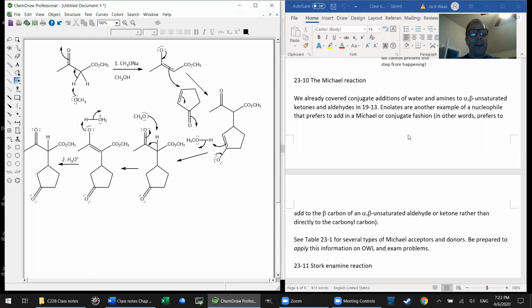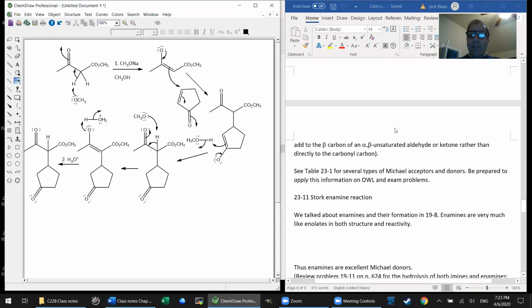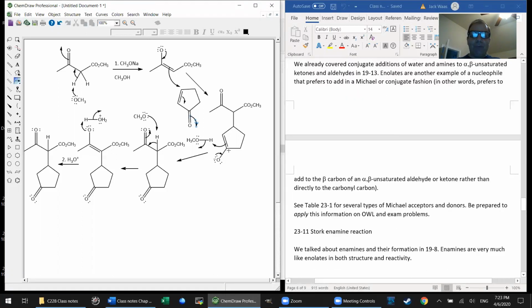We said even at the time that enolates were an example of a nucleophile that prefers to add in a conjugate fashion, even though at the time we didn't exactly know what an enolate was, except maybe by analogy. But I wanted to refresh your memory on conjugate additions and also give you an example of such a reaction. And it's only an example. I just picked a couple of compounds out of my head. But I think it illustrates some good ideas to bear in mind as we analyze these mechanisms and as we